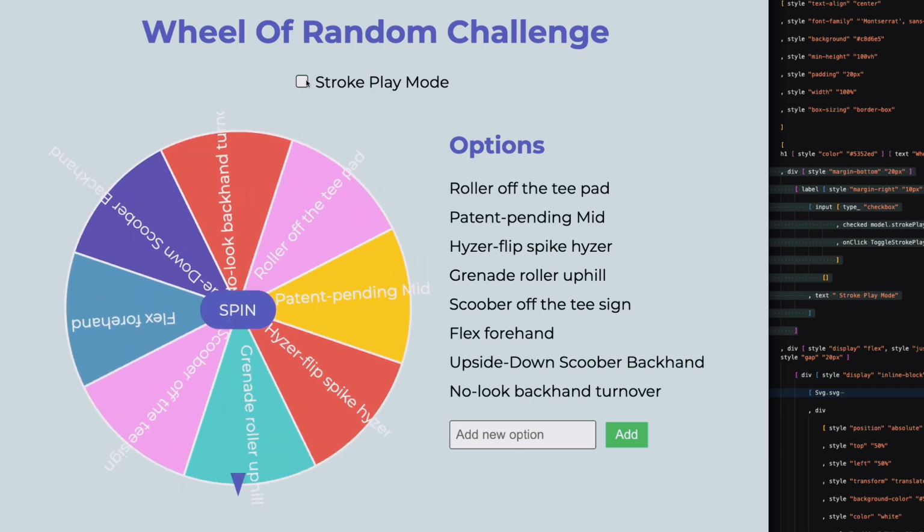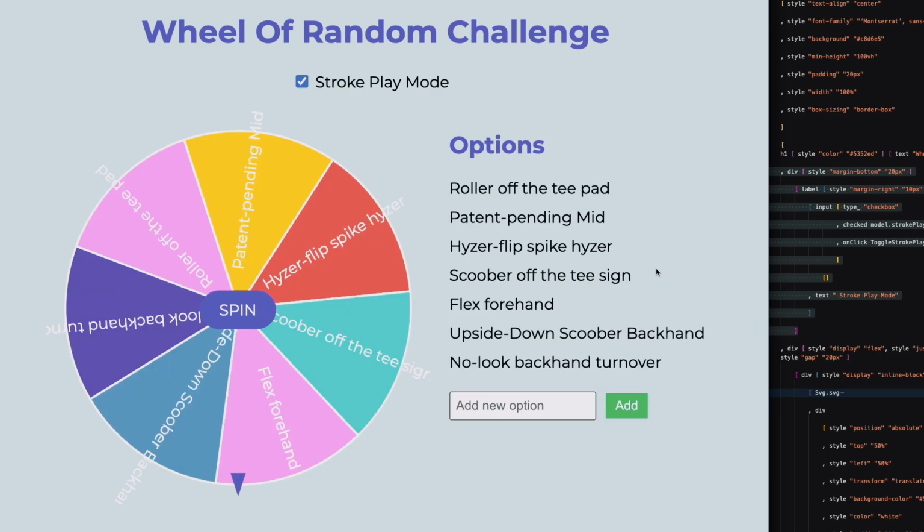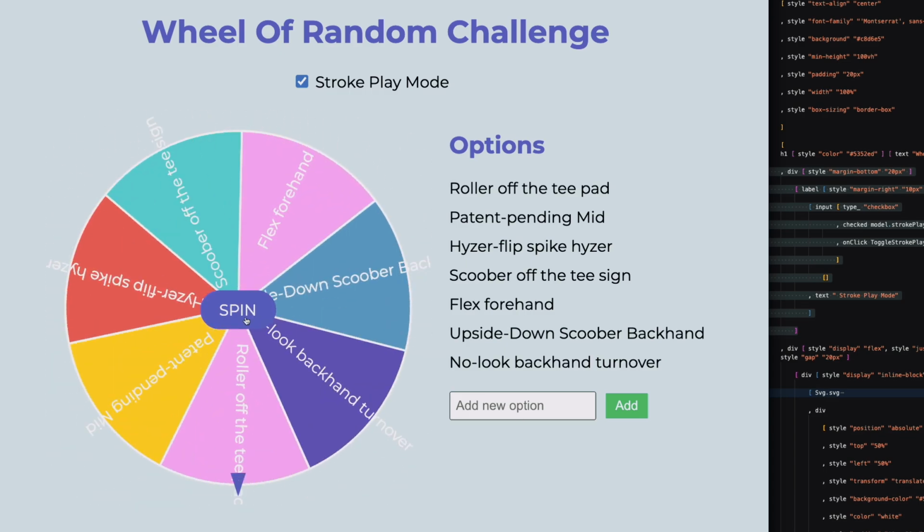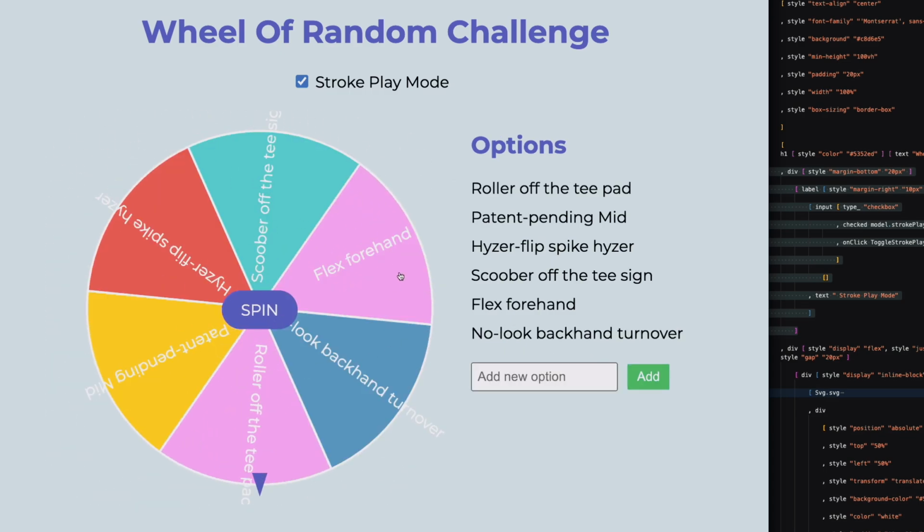And so we can just do the normal spin, do your thing. But after that's over, we move on to stroke play mode. So now every time you throw a shot, it'll just instantly go away, which is sweet. So now you know exactly what throw you had, except you don't. You don't actually know what that throw is going to be because the wheel spun so fast and it just left. So obviously I needed to add a history option so you can see exactly what shots were had.